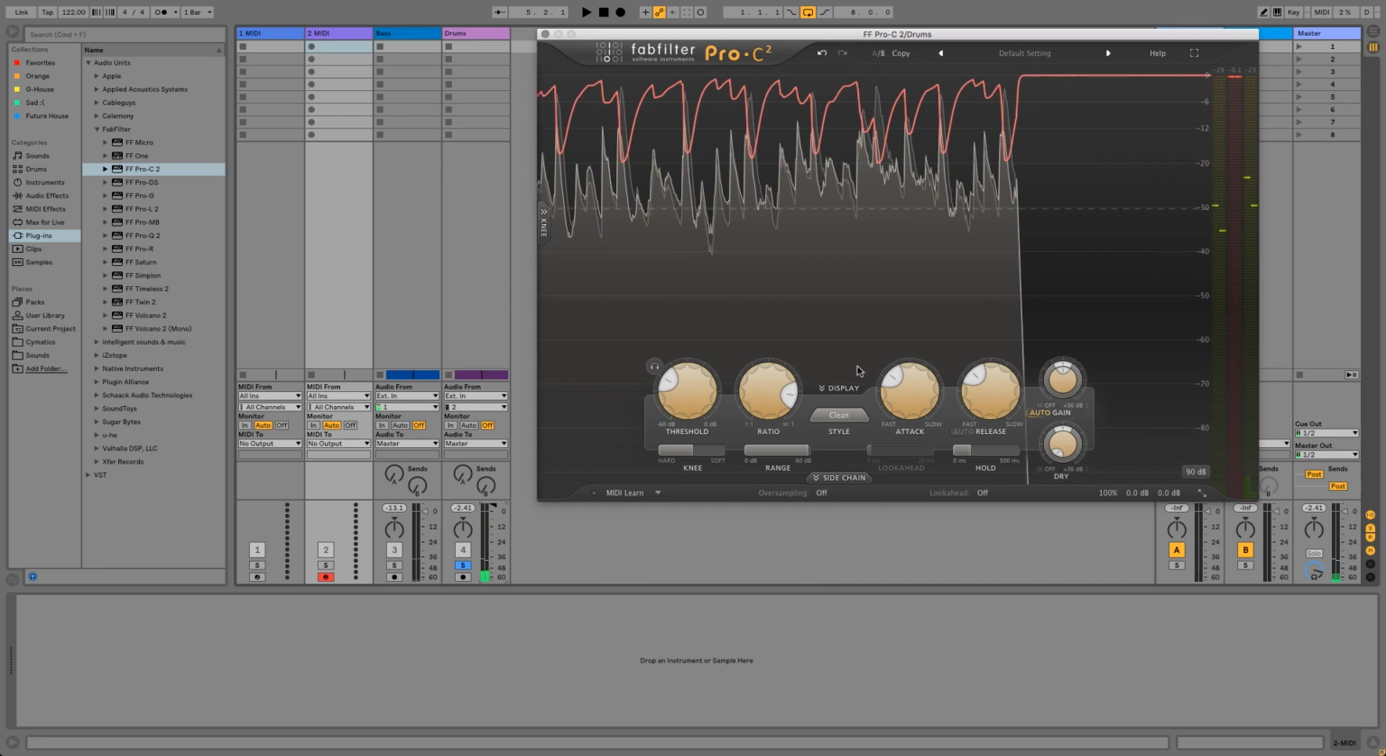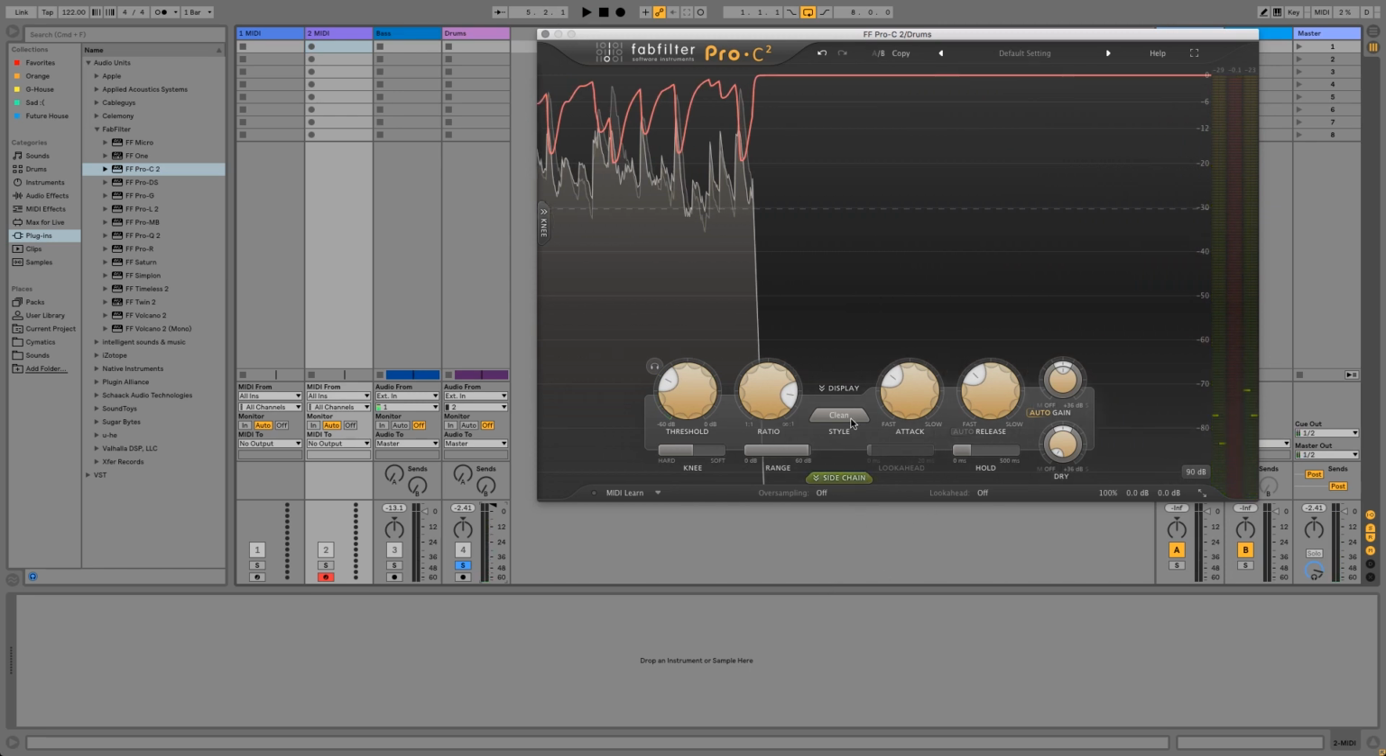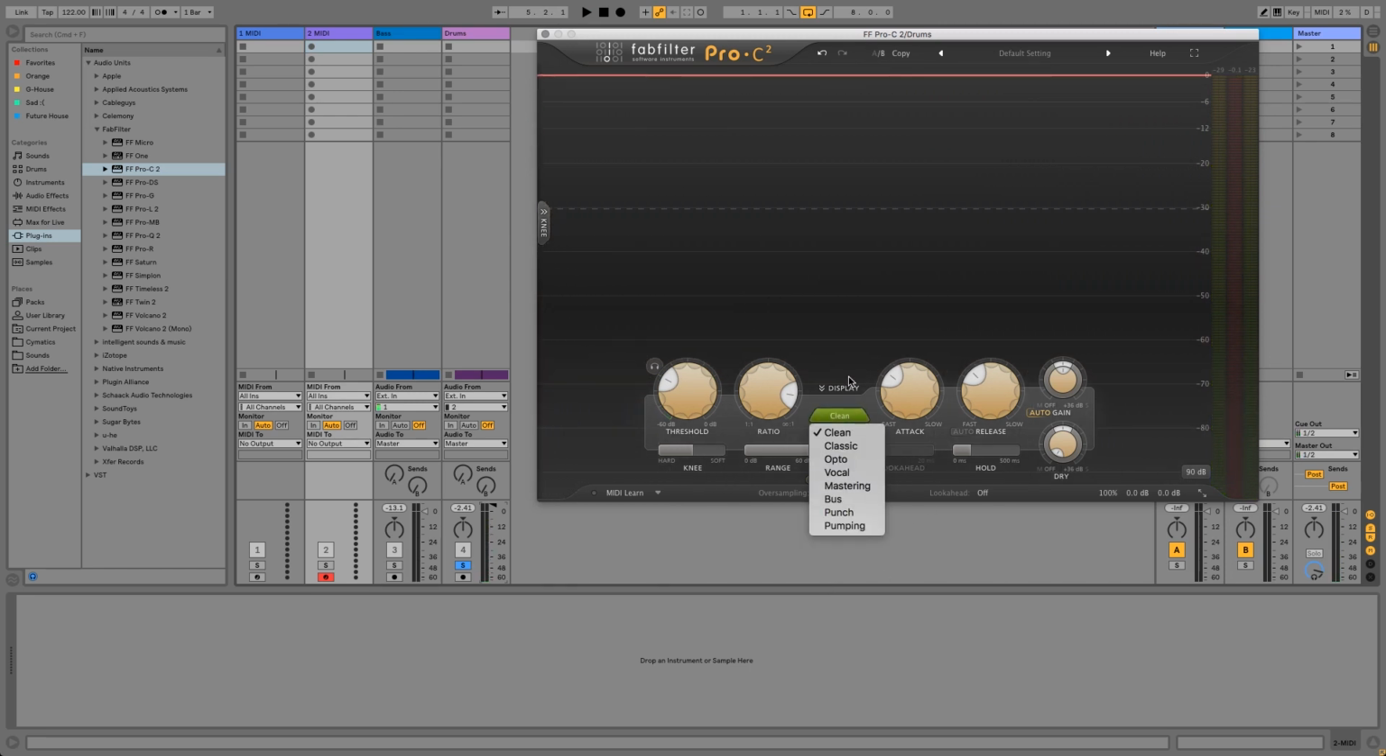So the clean is a bit more transparent. Basically what all these styles do is they deal with the transients in slightly different ways. Some of them are more transparent than others. Some of them are more lenient towards high dynamic range than others. So experiment with all of them and all of their different